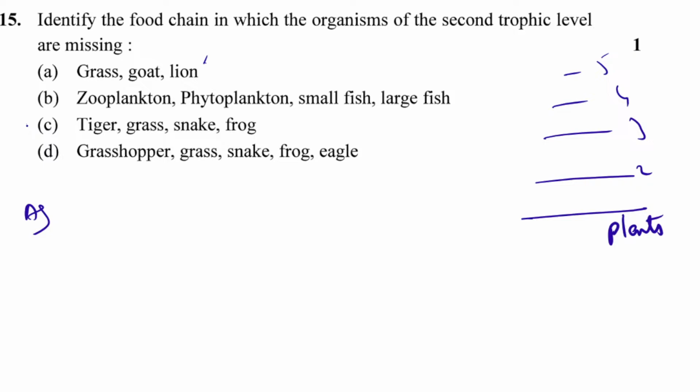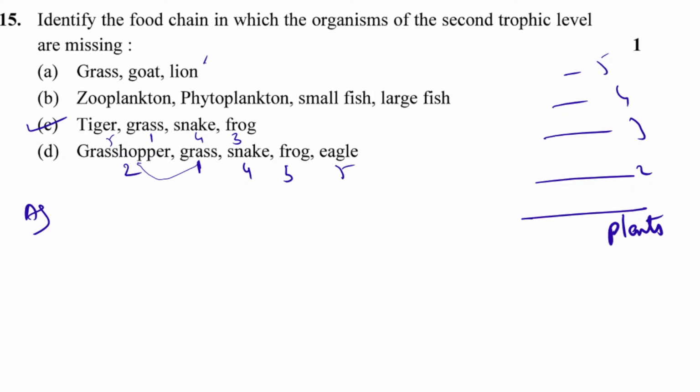Okay, so here is the right answer, because grass is eaten by a dash, that is not mentioned here. What about here? Grass, yes, some food is taken by grasshopper and then frog. I'll write this as 1, this will be 2, this will be 3, frog is eaten by snake and snake is eaten by eagle. So here nothing is missing, but here this is 1, so this can be 3 and this can be 4 and this can be 5, but we don't have the 2 here, hence C should be the right answer.